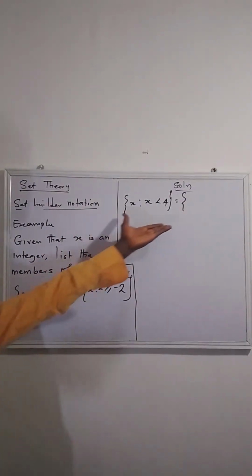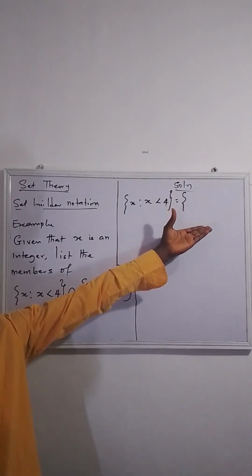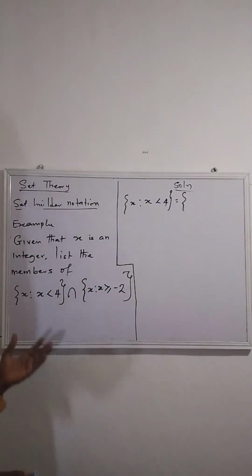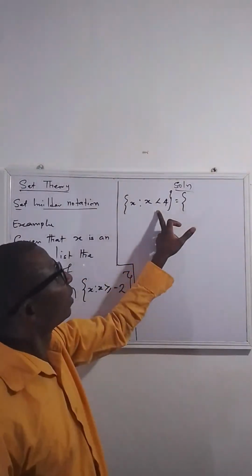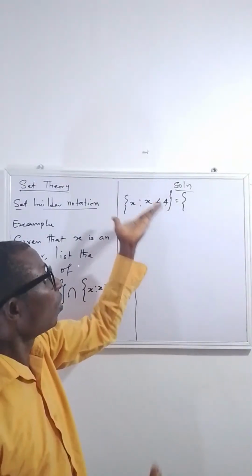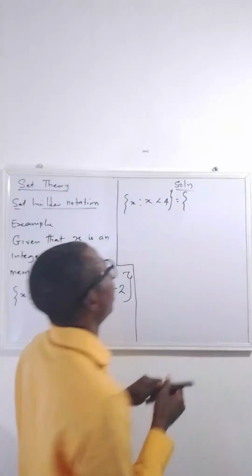So anything I'm going to list here must be an integer. All right, you know what an integer is? Integers are what? Whole numbers. They are whole numbers. All right, now let us list whole numbers that are less than 4. That's the meaning of what we have, a set of whole numbers that are less than what? 4. So now we have